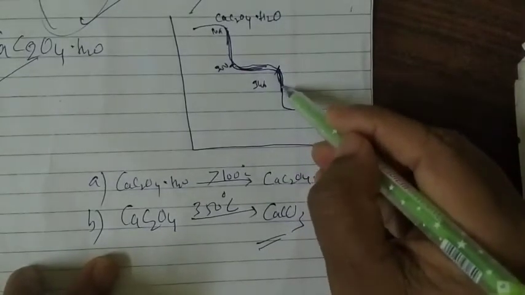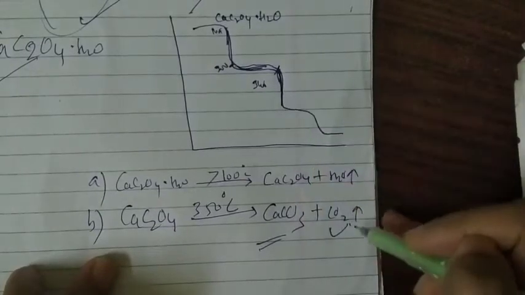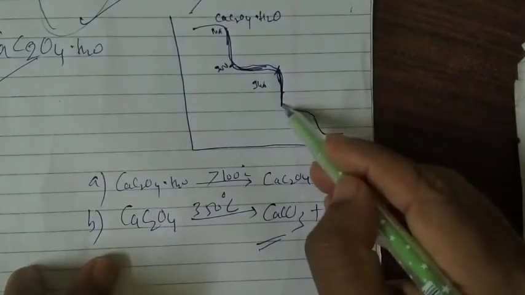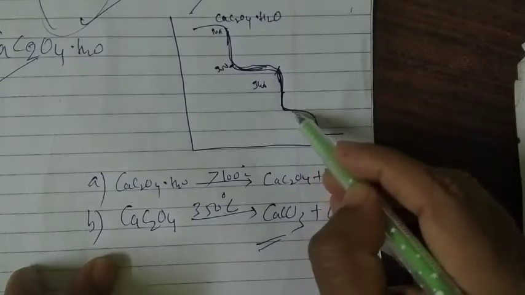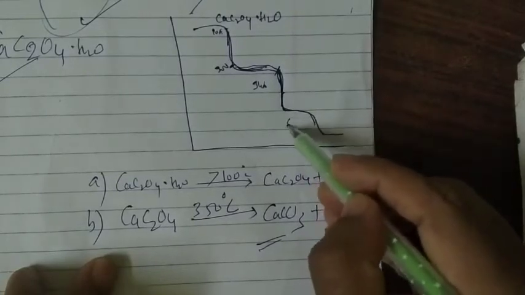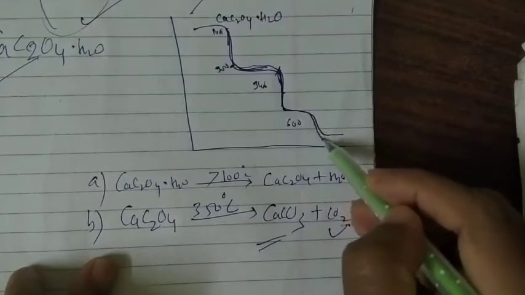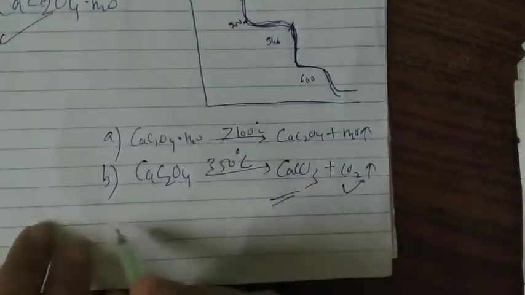Again the weight is lost here, and you can see carbon dioxide is liberated, and again as it comes down here, to some extent it is slow. Again you can see here, above 600, you can take it here, and above 600 you can see again it is decreased here. So I will take it as C here.